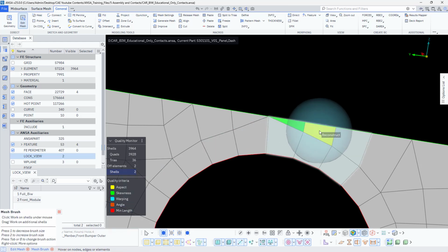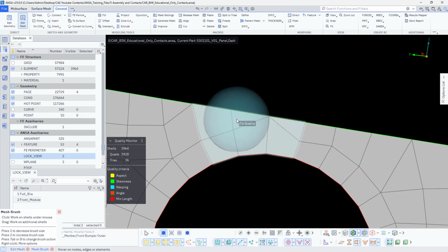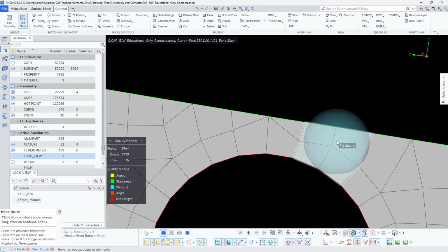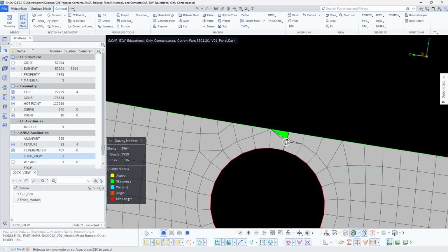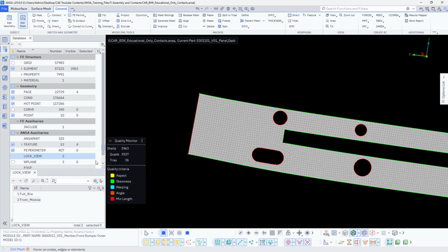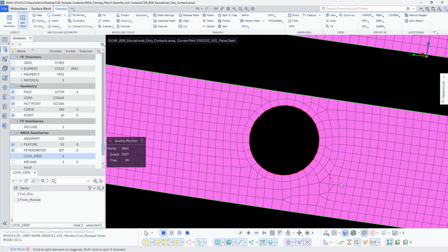Brush is activated, press tab to switch to fix quality. Try to move it like this. Yeah, but the zone cut is affected with this, so I would like to slightly move it so that it's fine for me. Yeah, okay, now there are no issues with the mesh quality, everything is fine,